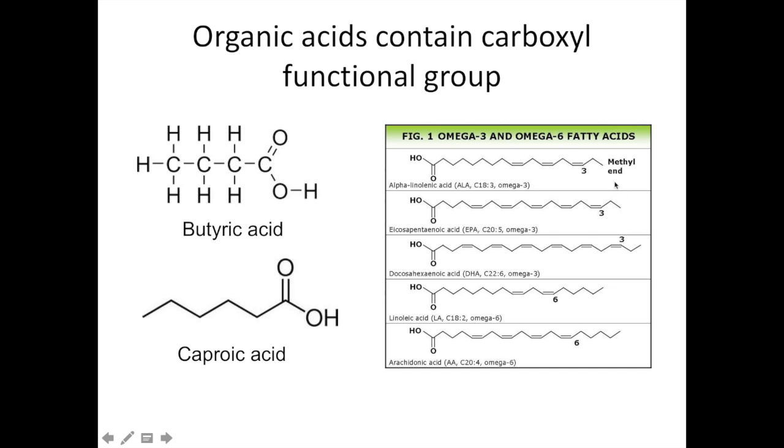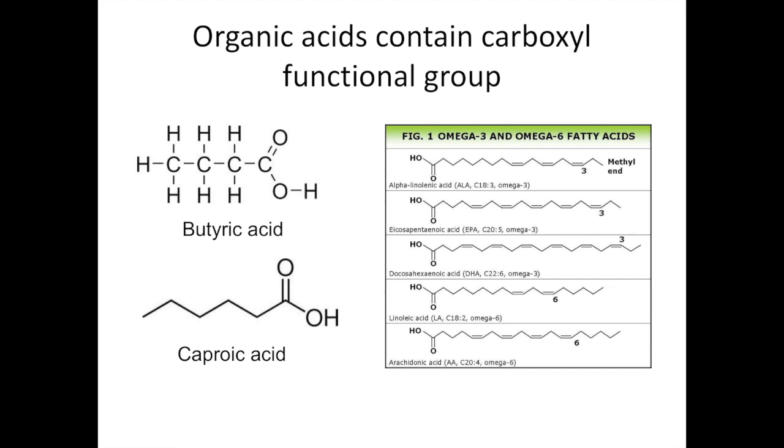What they're talking about with omega-3 fatty acids is where there are double bonds in these fatty acids. Fatty acids have long hydrocarbon tails, and then they have this carboxyl functional group, this acid group, as well. Here's butyric acid and caproic acid,